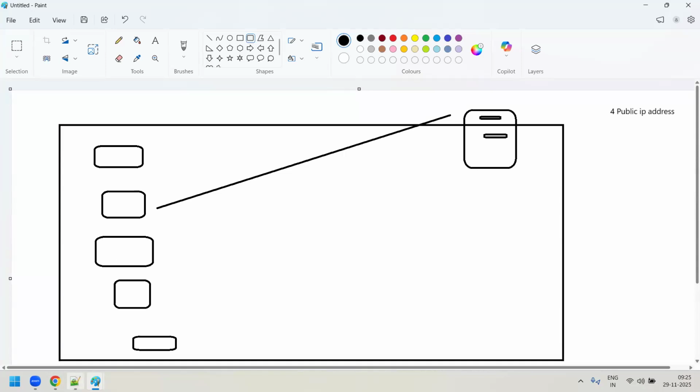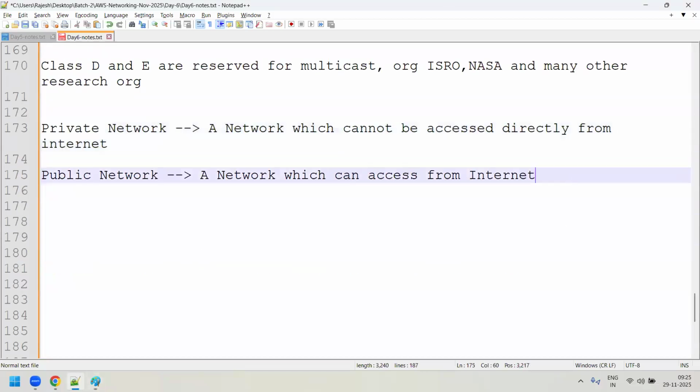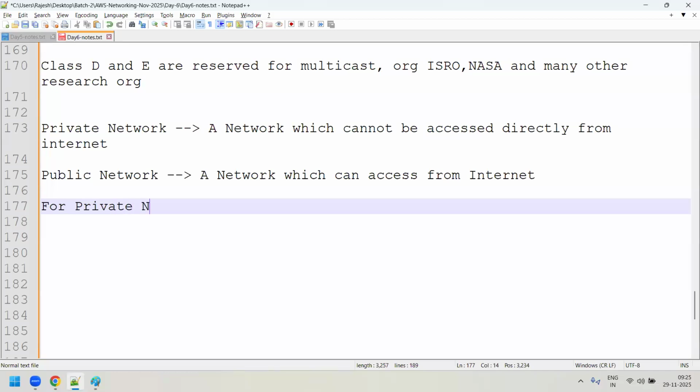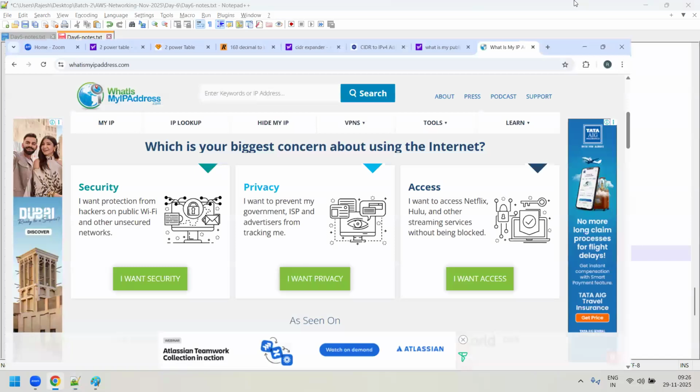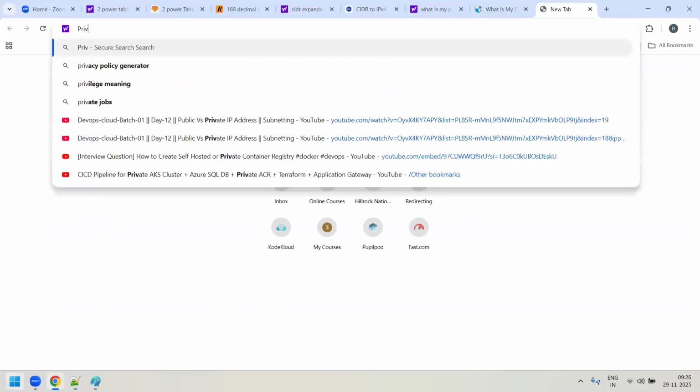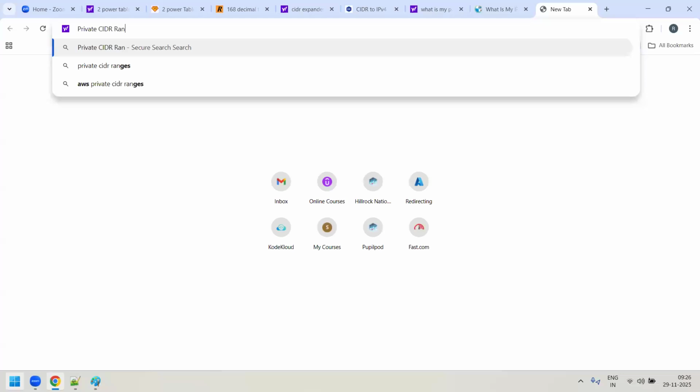Now, okay, fine, guys. Now the thing is, for private networks there are predefined or reserved CIDR ranges. It means the private address ranges which we can use, which are available, right? What are the CIDR ranges? If you go to Google and search for private CIDR range,